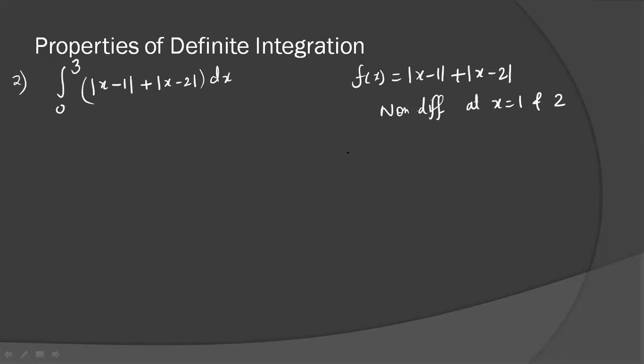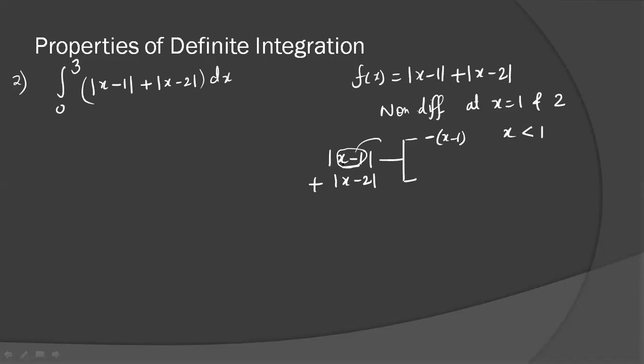And the second thing is, it is breaking at x equal to 1 and 2. It is changing the sign. So if we see the breaking of this function, mod x minus 1 plus mod x minus 2, if we see together, when x is less than 1, because the first critical point is 1, when x is less than 1, then this function is minus x minus 1. Because x is less than 1, it means this value is negative.